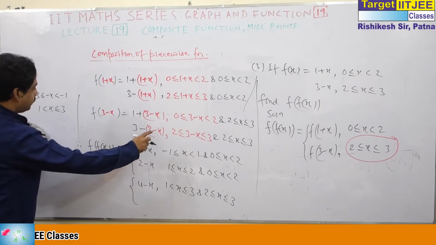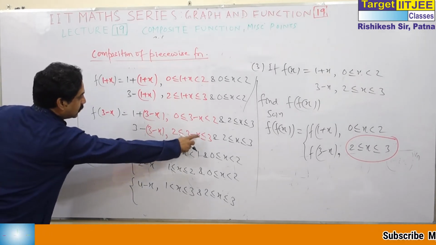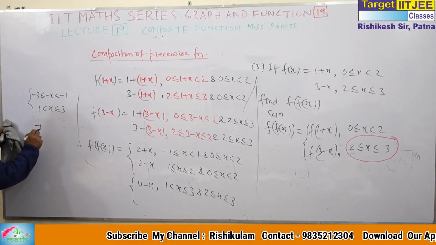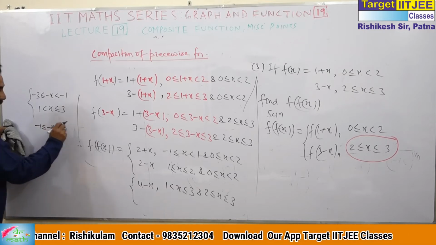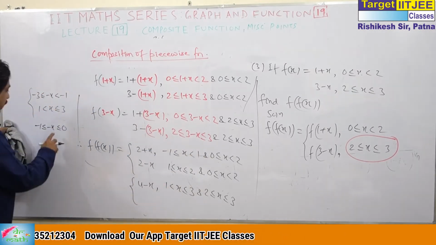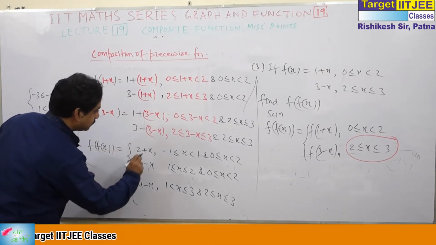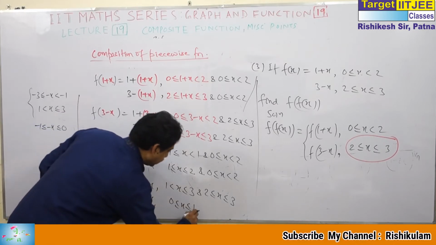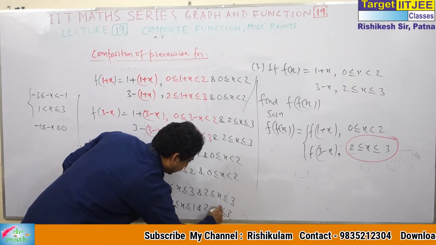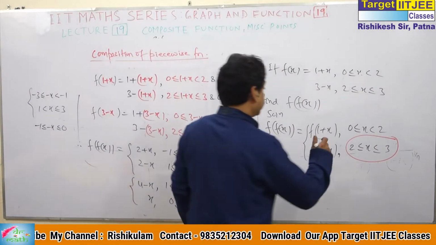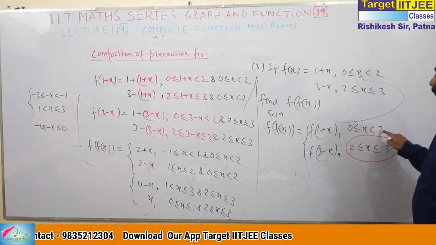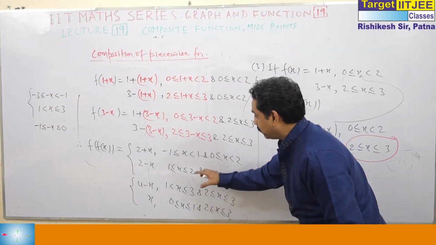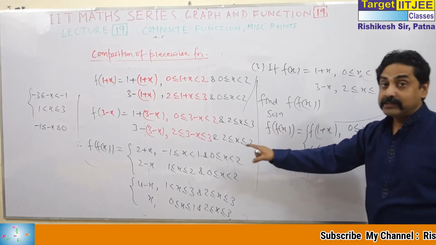Likewise, what do we get from here? When we add minus 3 to each of them, you can see I am doing minus 3 to each. This is minus 1 less than minus x less than 0. When we change sign, this is 0 to 1. What is it finally? This is 0 to 1 and this is 2 to 3. Now I will come to the final answer. There are two conditions. One comes when we compose here and one is there. For these two conditions, the connective is AND. We have to write the final answer in its common domain.